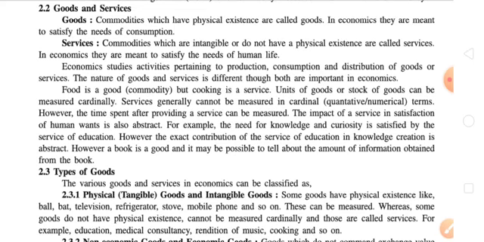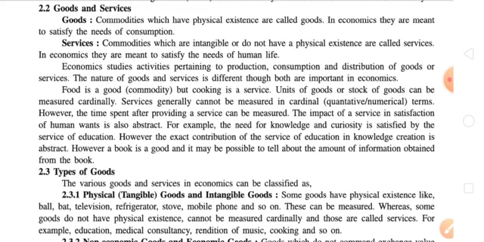Now let us start with point number 2.2, that is goods and services. Basically we know the difference between these two: all those things which have physical existence, or which can be seen and touched, are called goods, while all those things which are intangible, or do not have any physical existence, or which cannot be touched or seen, are called services. But here we have to write in economics language, so we have to follow proper guidelines and proper words as given in the textbook.